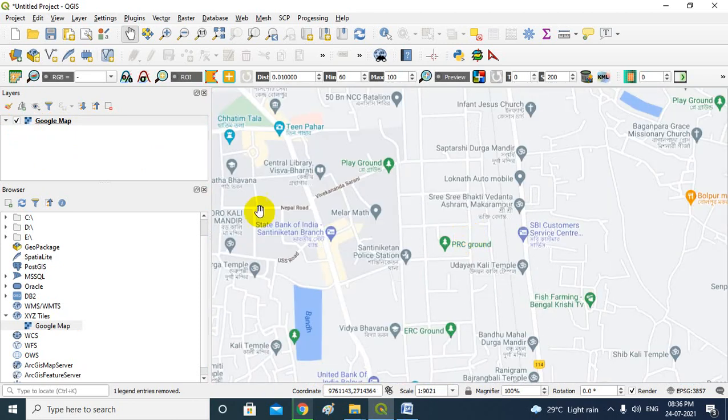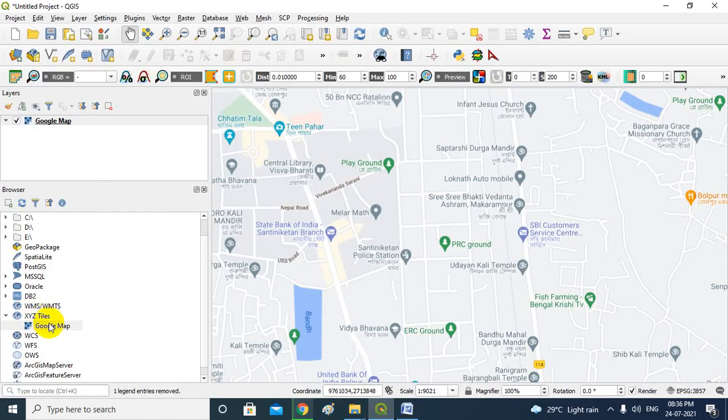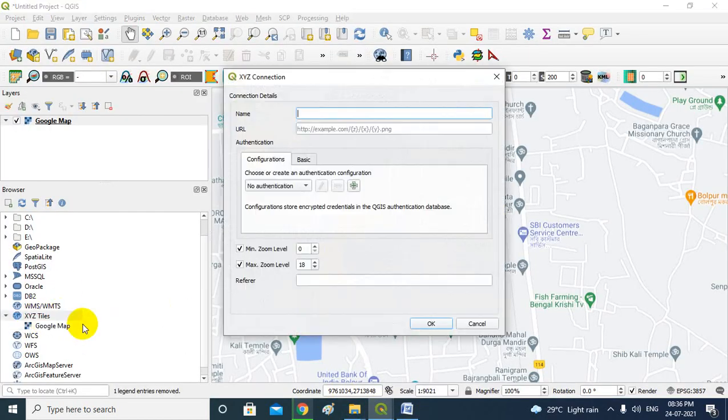Okay, so exactly the same way I'm going to show you a lot of other examples. Suppose you want to add a Google satellite image, I just copy the URL. Suppose I write down Google satellite, I paste the URL.